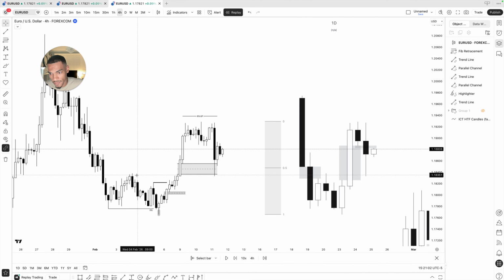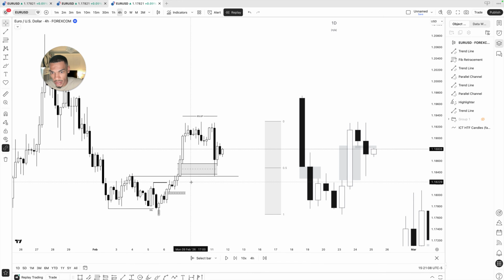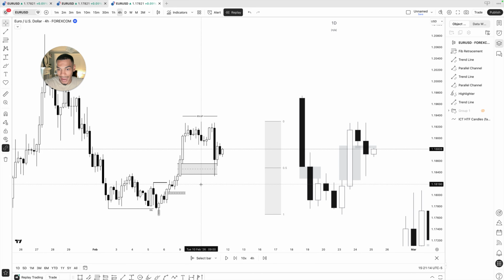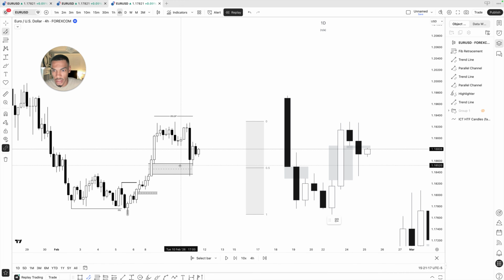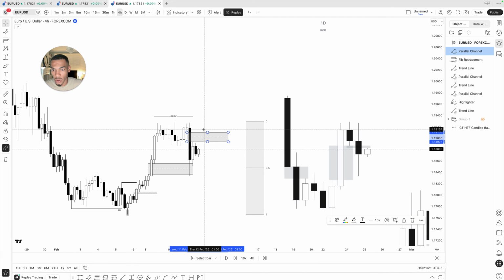And you can see we also have that area of volume here, right? That volume base, which price is now reacting from. Very nice. This is prime, right? It's a scenario where we want to be looking to go long. The only downside to this is this array here, right? We have an opposing H4 array. So in order for this to flip long, right? In order for this to flip long,